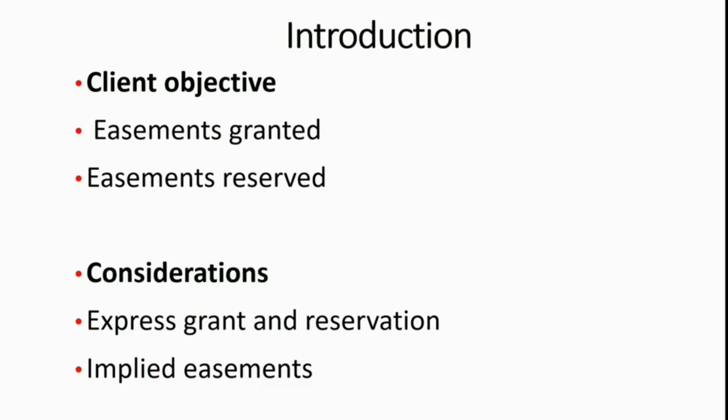So the first thing to do, really, when discussing easements generally, is deal with some basic points. Some of those basic points include, if we're acting for a buyer, identifying client objective. So if we're acting for a local authority, a commercial client, or residential client, or indeed anyone else, the important thing to ask ourselves is, just why are we buying this property?